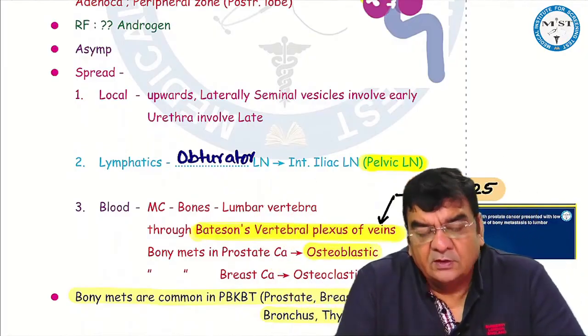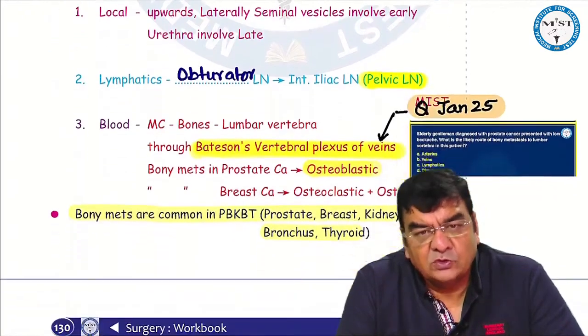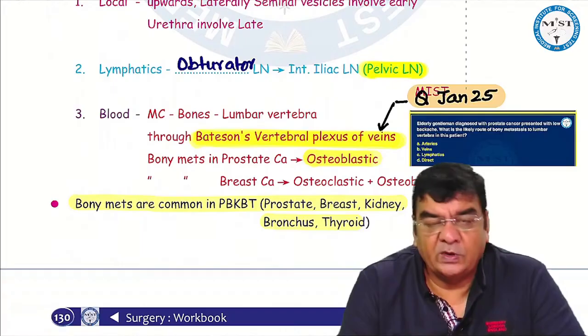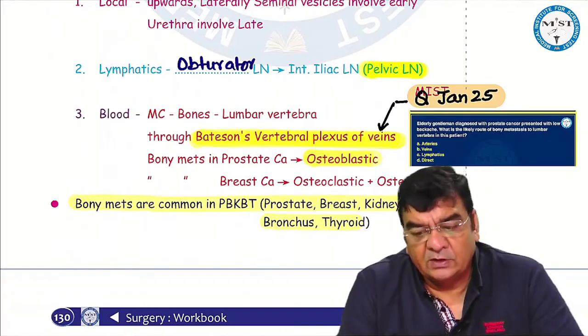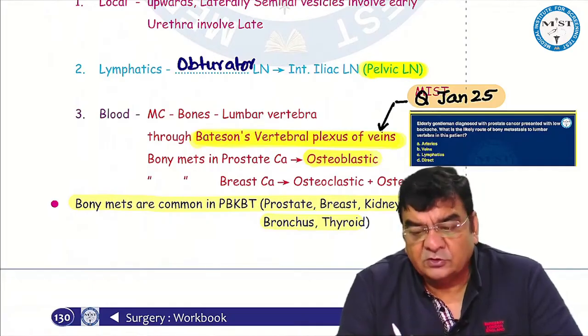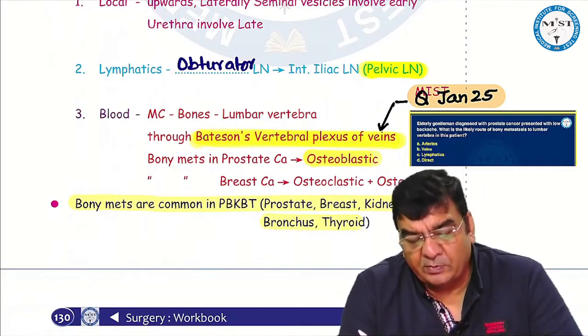Through blood, prostate cancer spreads most commonly to the bones, and in the bones, it is the lumbar vertebra. However, femur, thoracic vertebra, ribs, skull, they can be involved. There are 5 cancers which commonly spread to bones, remembered by the mnemonic